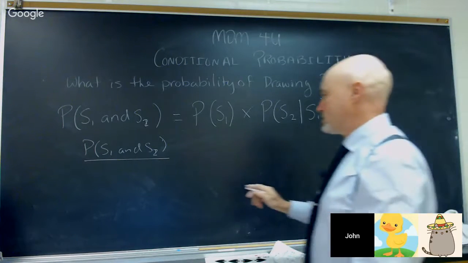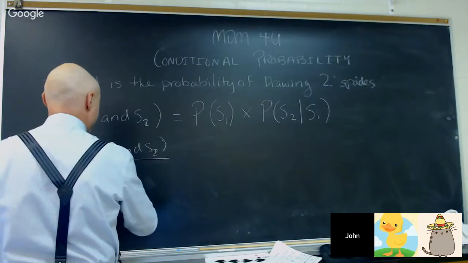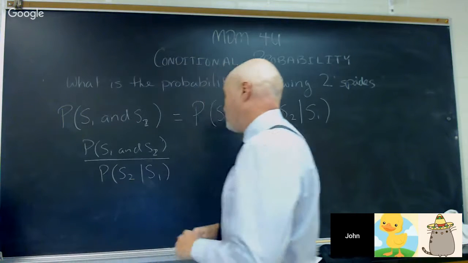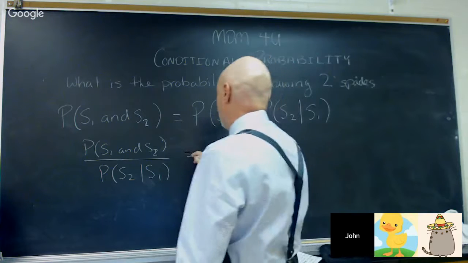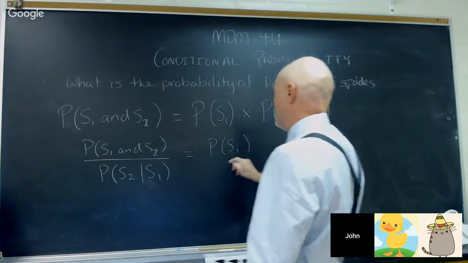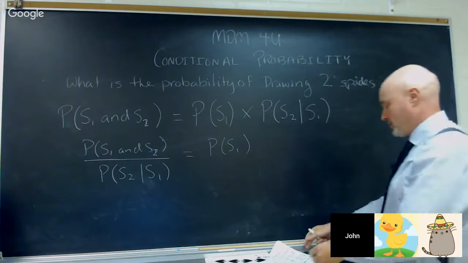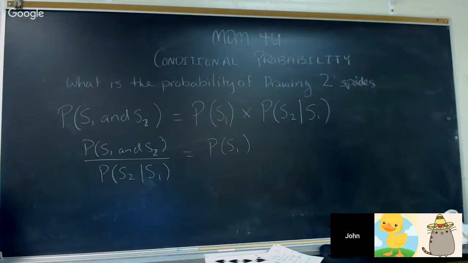So we can actually just say the probability of the 2 events happening divided by the probability that the second event happens given that the first event happened is actually equal to the probability of the first event or the first condition. So we can rearrange this whole formula. And we can come up with some surprising conclusions. Okay, so for example,